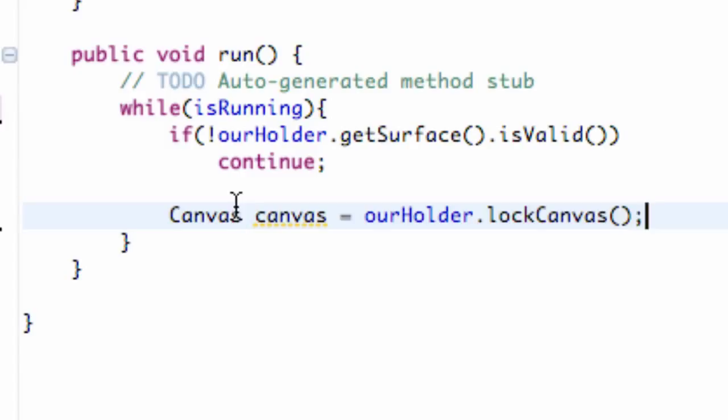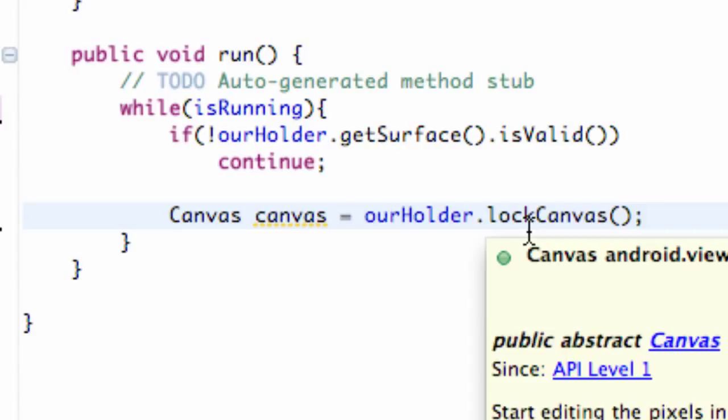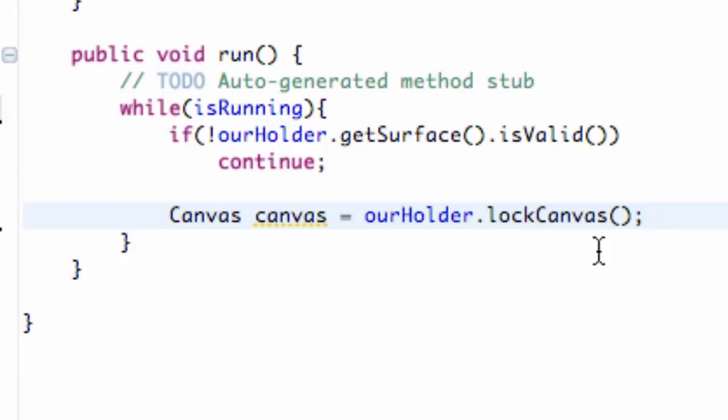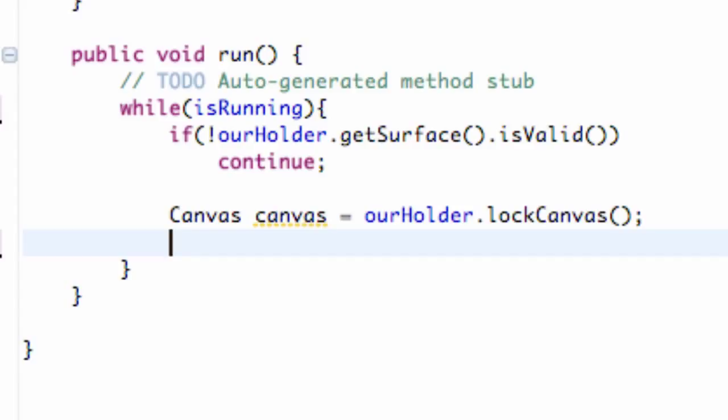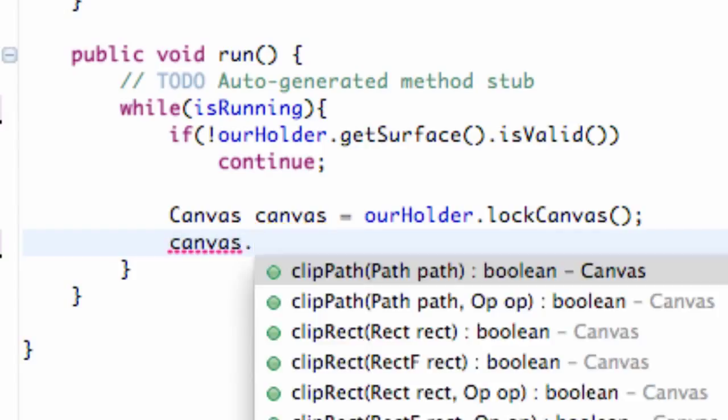So basically what's happening is we have this masterpiece, we have this great idea, and we want to paint it. So we're going to lock our door, and then we're going to paint on our canvas, and then we're going to unlock our door and show the whole world what we came up with. Basically that's what we're doing within this loop here. So we're locking the canvas so no other classes, no other activities can access this canvas. That's the point of locking it. No other threads can get to it. And once it's locked, this is where we're going to start painting on it, or drawing on it, I should say. So we're going to say canvas dot draw